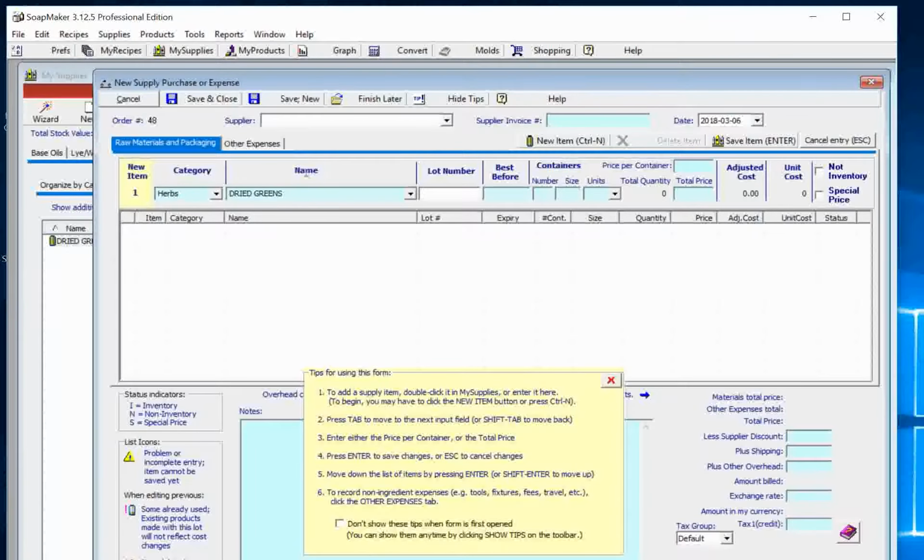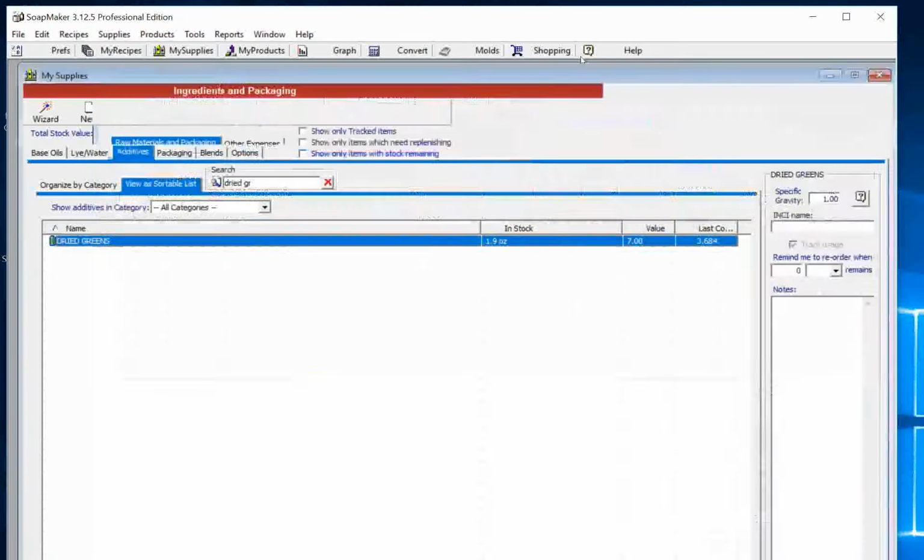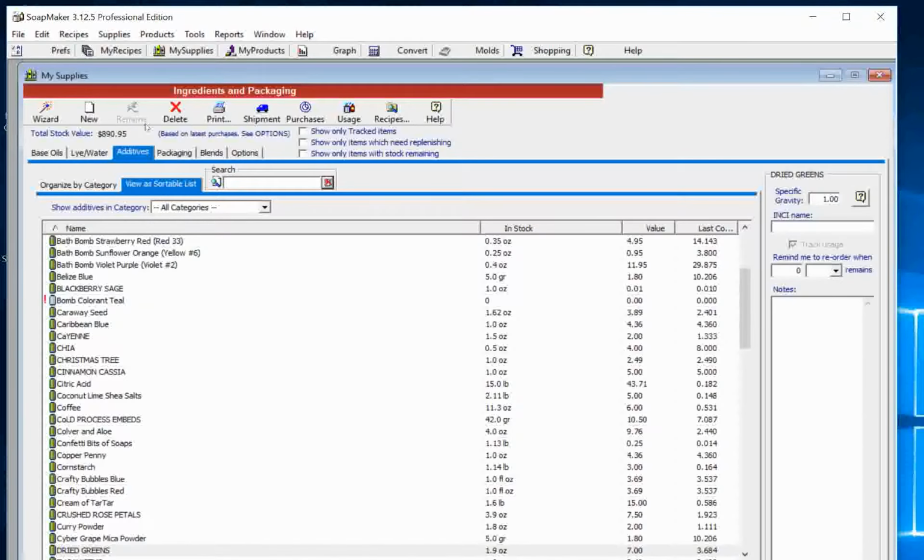I hope that you're able to see now the tips for this particular form. If you need help with this form, the application does give you the tips right when you open that area. So I'm going to close out of it and I'm going to close this search option here. Moving forward,